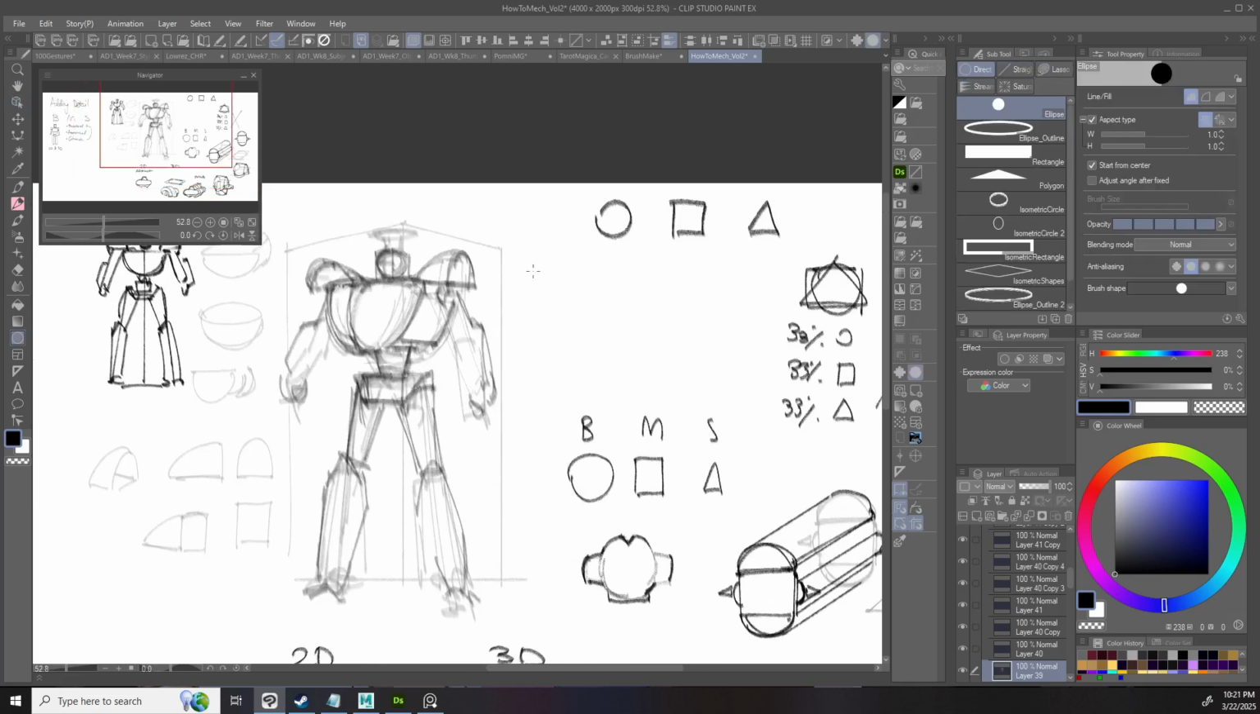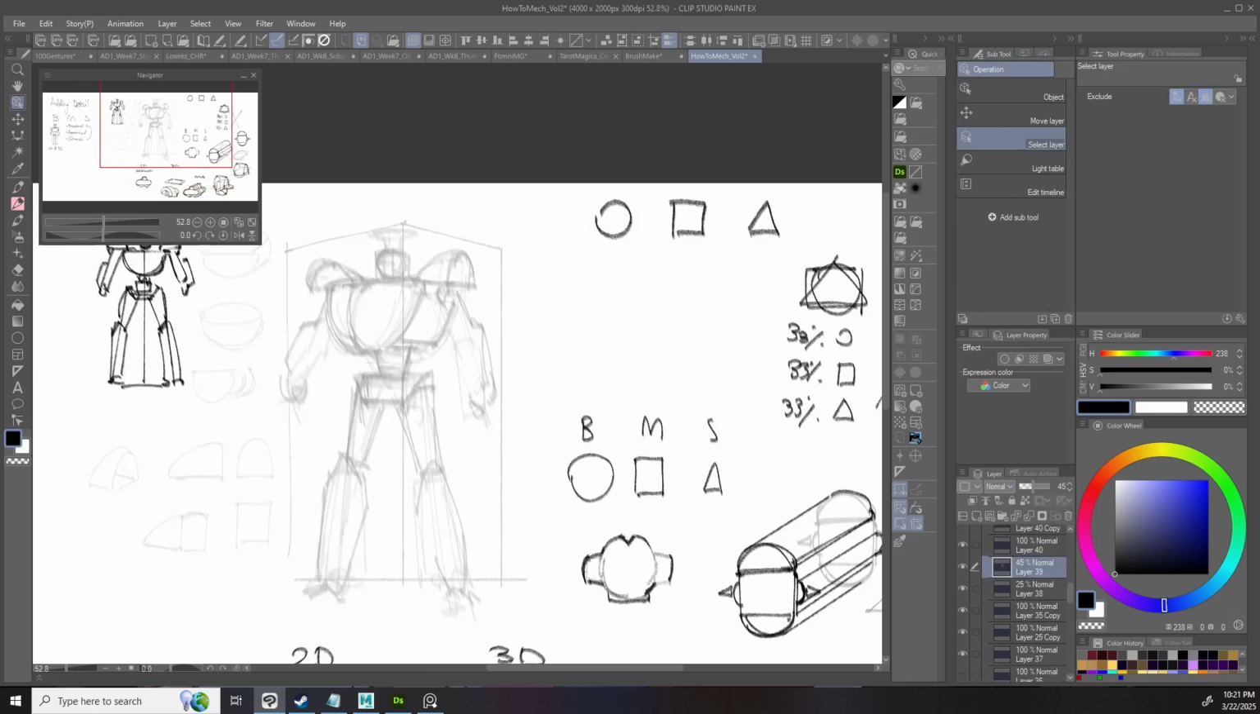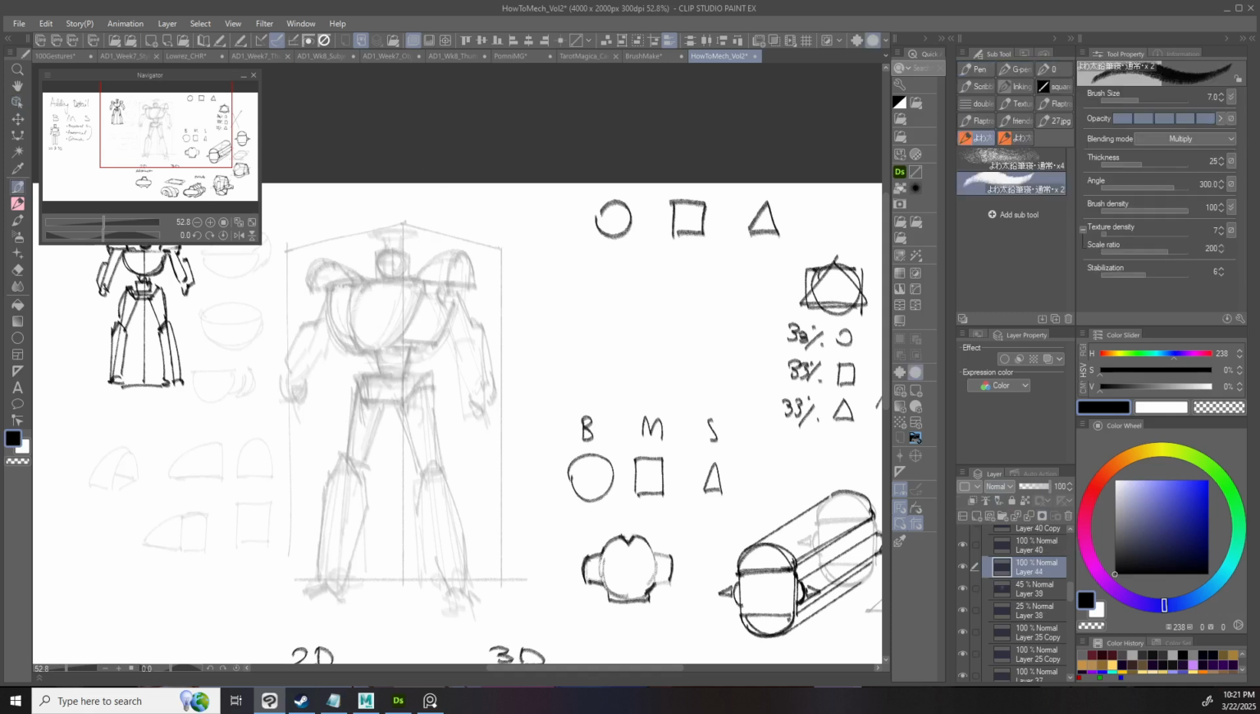But I'm gonna draw over my own mech here, because this is actually not that good of a base to start. A good base to start with is always